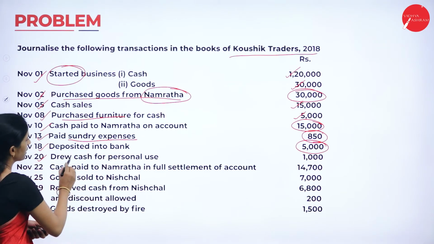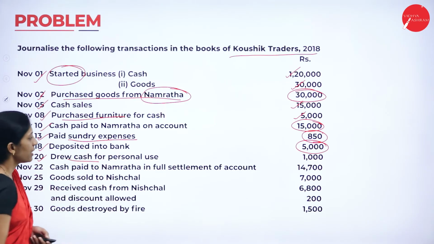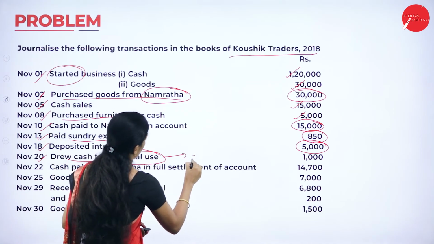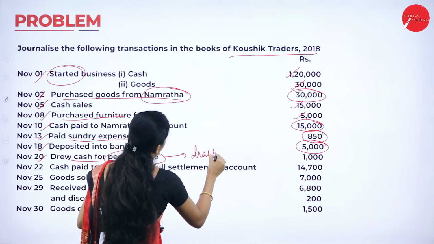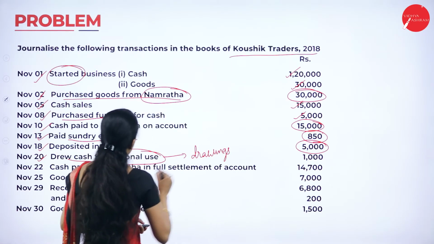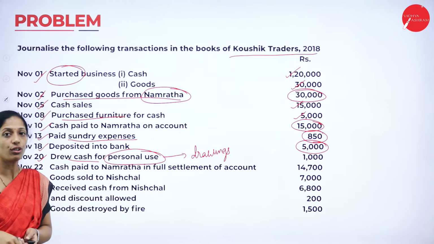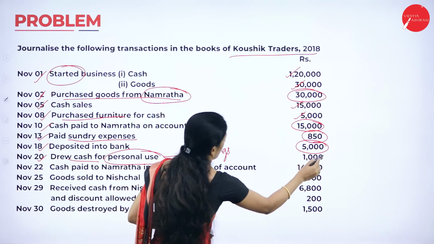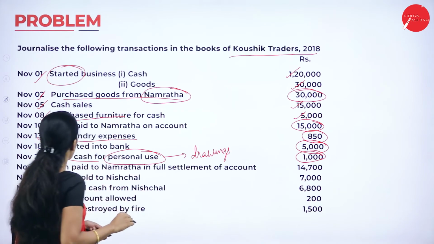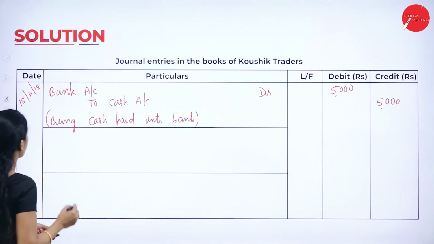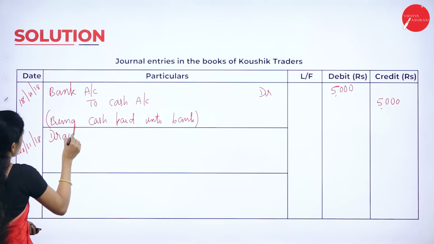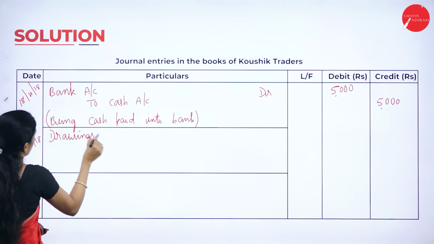Drew cash for personal use. So what is it called? They have mentioned the word personal use. It means what? Drawings. So what is your entry? Drawings account debit to cash, because cash is withdrawn. How much? 1,000. So what is the date? 20th. 20/11/2018. Drawings account debit